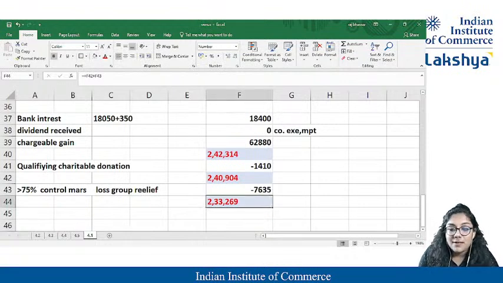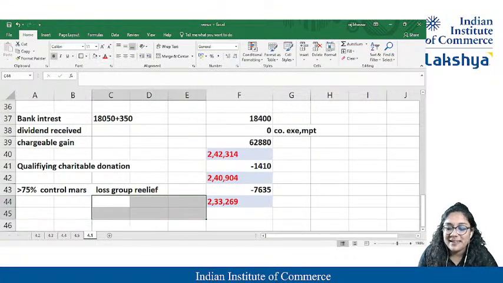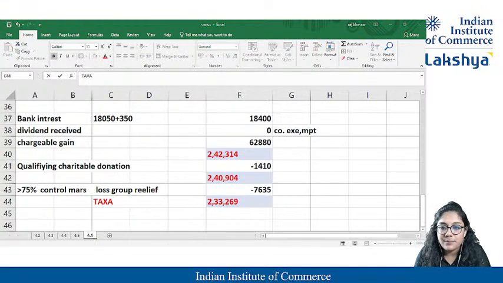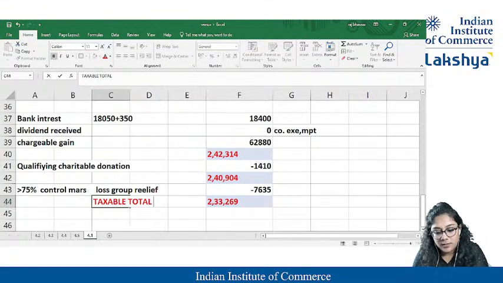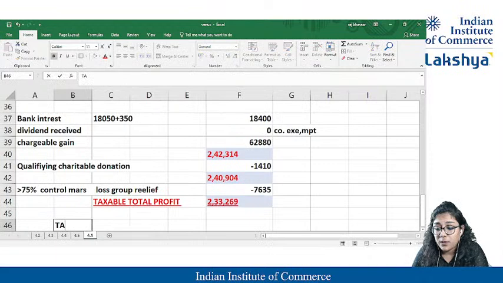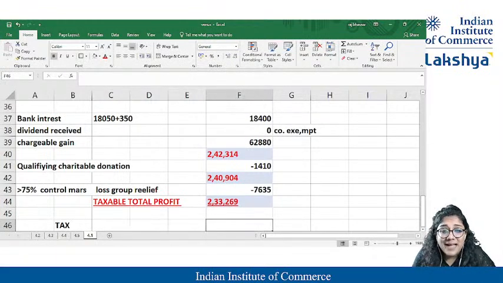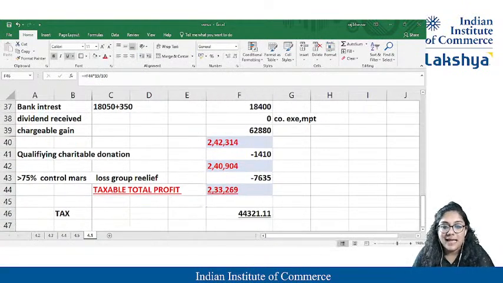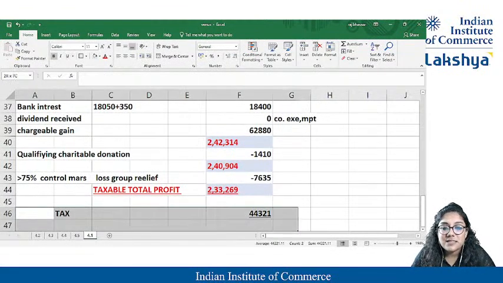If you all are getting 233 now, what is this 233? This is TTP. Students, what is TTP then? If students have learned this, it is superb. Taxable total profit, it is one and the same, the total taxable profit for the company. If I'm getting this as the taxable total profit, what are the taxes? It's corporate tax. You need to know the percentage. It's 19%, right? So this is the tax you have to pay, that is 44,321. I can round it off. This is the tax you are supposed to pay, and I hope everybody knew this.